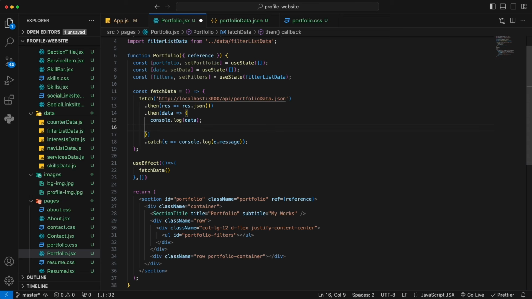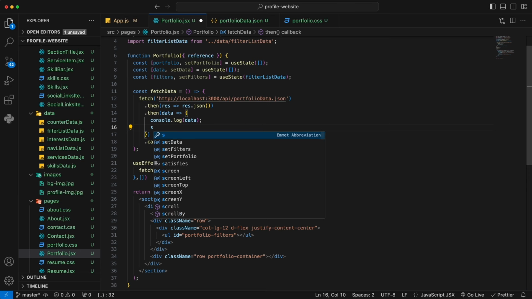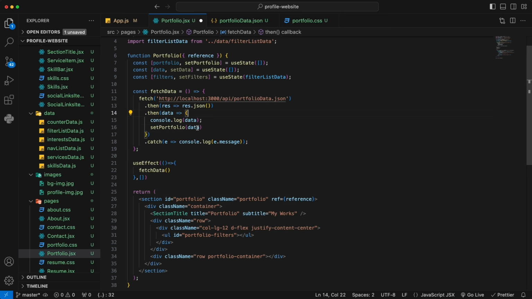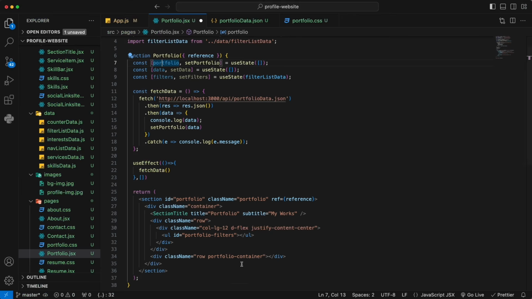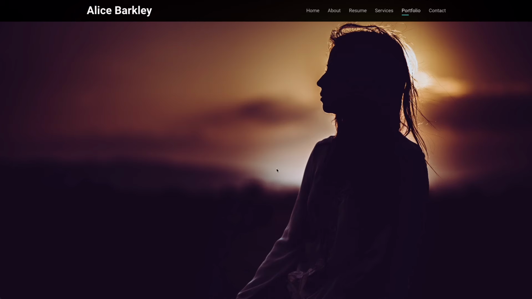Actually, I'm just going to do this straight away. After the console, we say setPortfolio to that data. So now, once the data is ready, we're going to set our local state variable portfolio to that API data. It's the same thing, right? And once you've done this, your local portfolio data will be the same as whatever you see on this mock API page. All right. So now if I go back to the console,